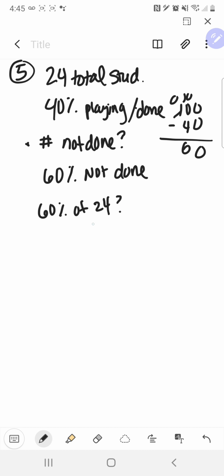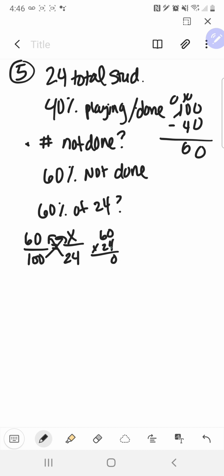So there's a couple ways to do this. You can write a proportion like we've been doing. You could say 60 over 100, because that's your total, is equal to, well, this is the total amount of students, 24 over, and I don't know what this number is, cross multiply. You have 24 times 60, 4 times 0 is 0, 4 times 6 is 24, put your placeholder 0, 2 times 0 is 0, 2 times 6 is 12, add it up, you get 1,440 is equal to